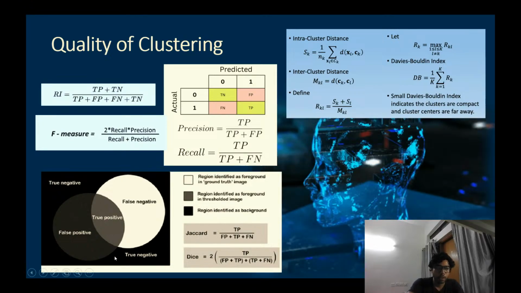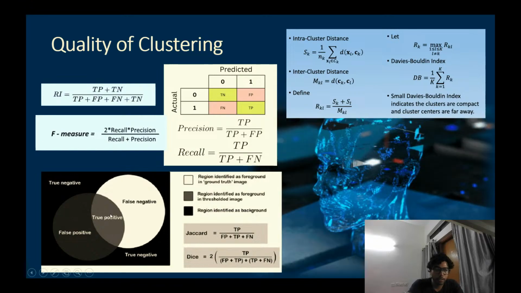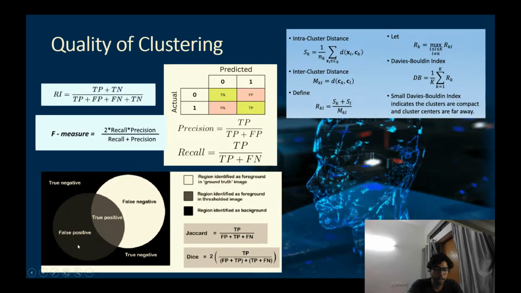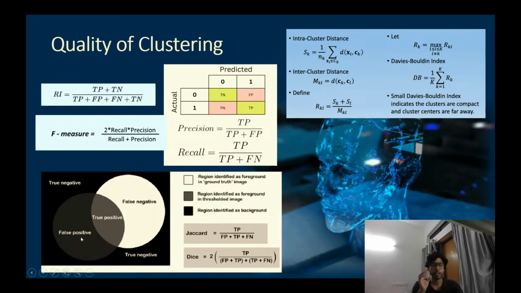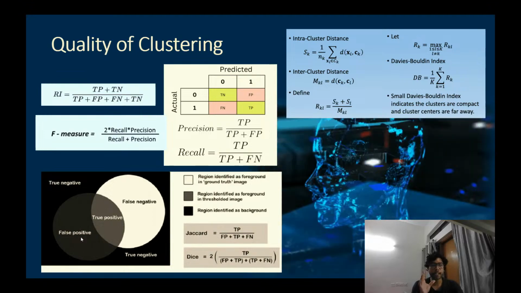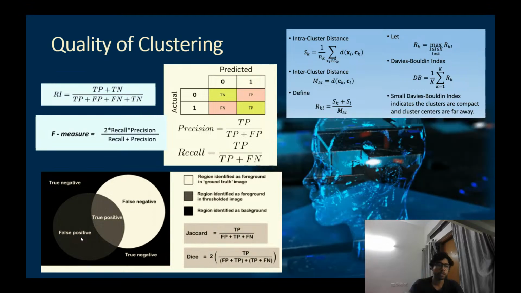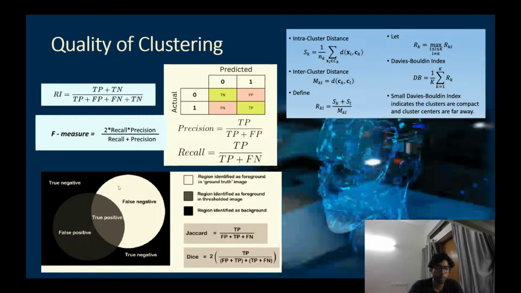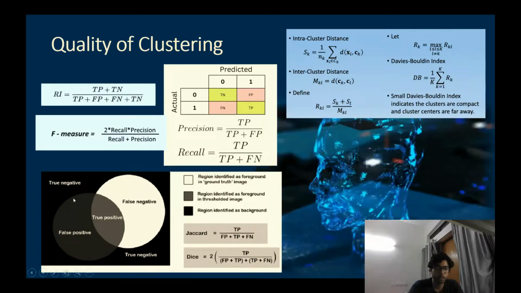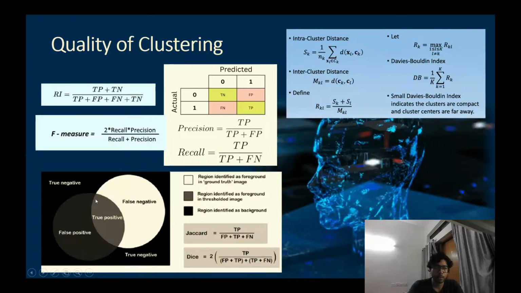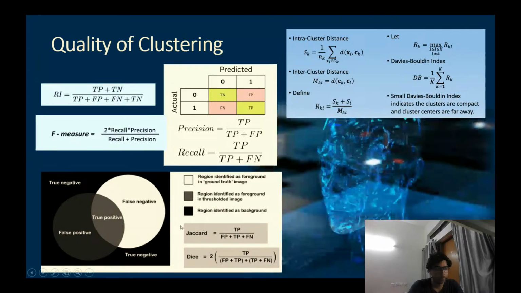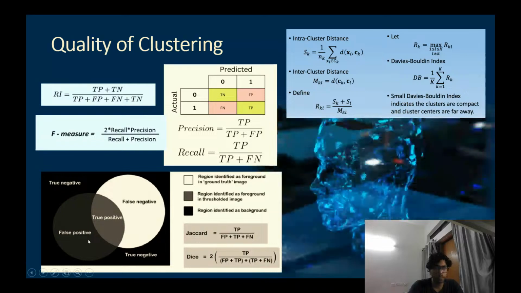This darkly shaded circle that you see over here contains all the data points which your model predicts as positive. And the white circle is all the data points which your model predicts as negative. Now at the intersection, you have the true positive. So the Jaccard index can also be represented as A intersection B over A union B,